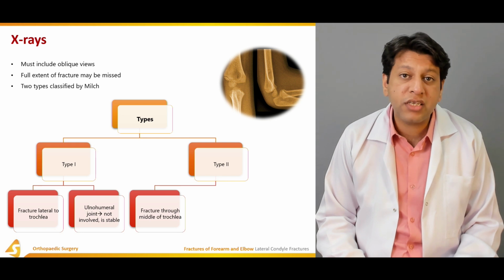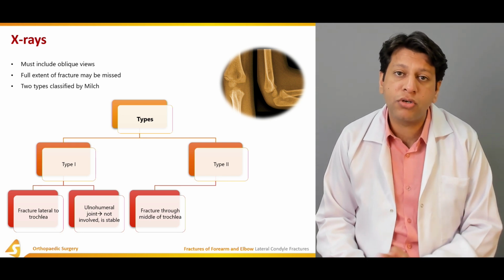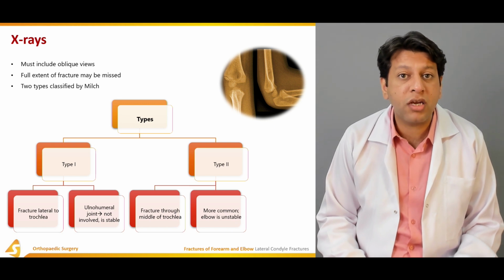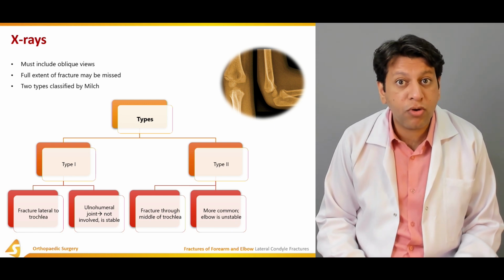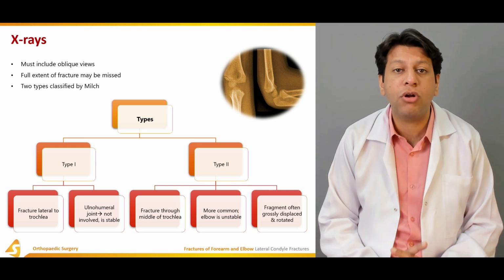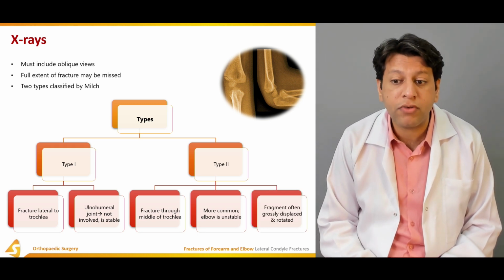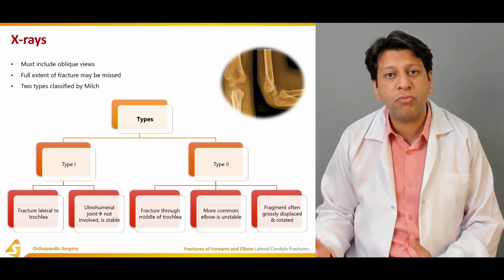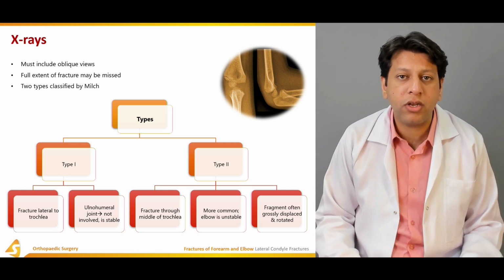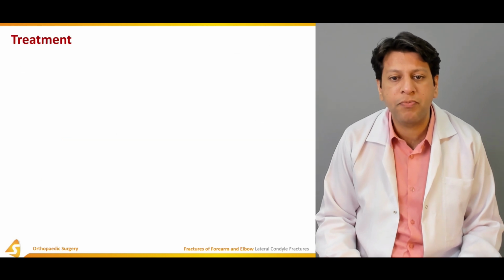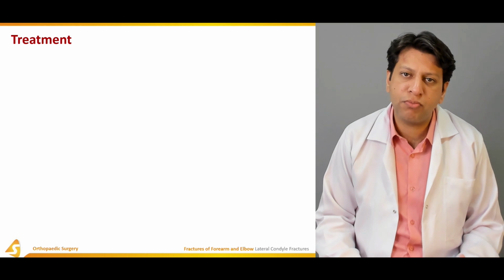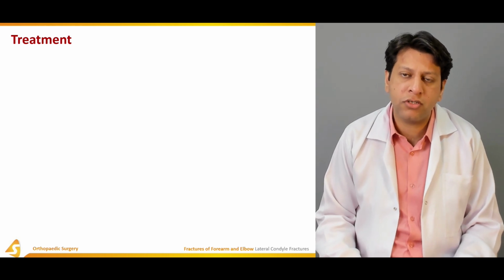Type 2 is a fracture which crosses the capitulotrochlear groove and goes medial to it. In that case, most commonly the elbow is unstable and the ulnohumeral joint is involved as well. This is called Salter-Harris type 4, and the fragment is often grossly displaced and rotated. So Milch type 2 is the more severe injury, and Milch type 1 is the less severe injury most of the time. Now, coming to the treatment,